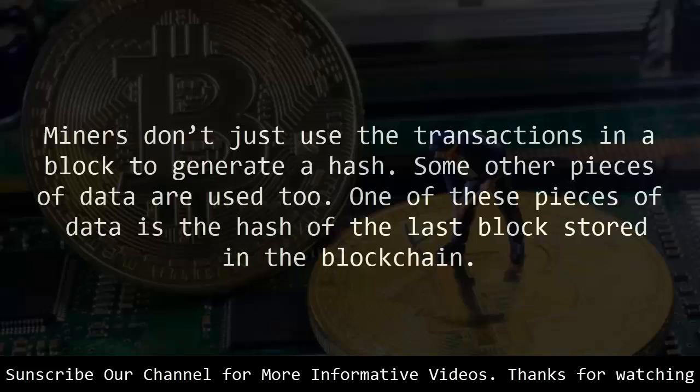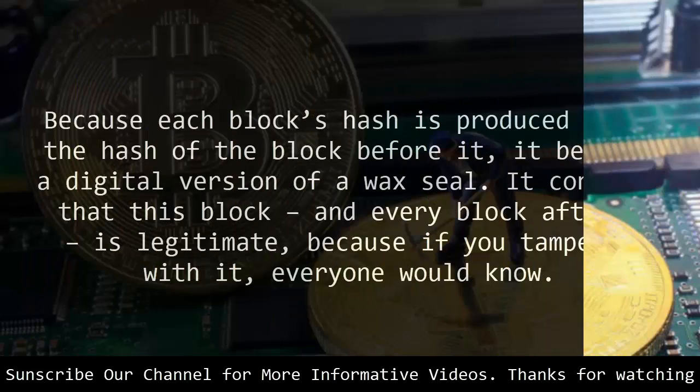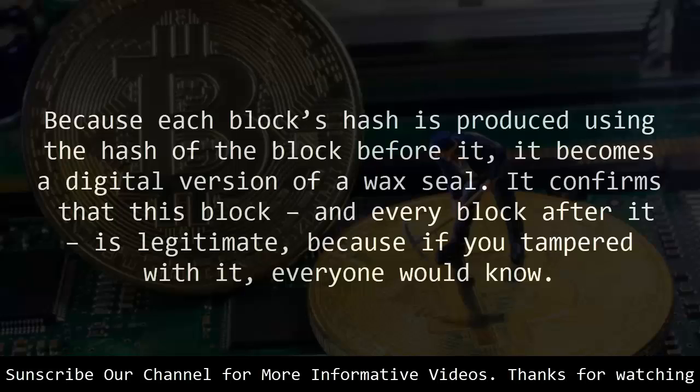Miners don't just use the transactions in a block to generate a hash. Some other pieces of data are used too. One of these pieces of data is the hash of the last block stored in the blockchain. Because each block's hash is produced using the hash of the block before it, it becomes a digital version of a wax seal. It confirms that this block and every block after it is legitimate, because if you tampered with